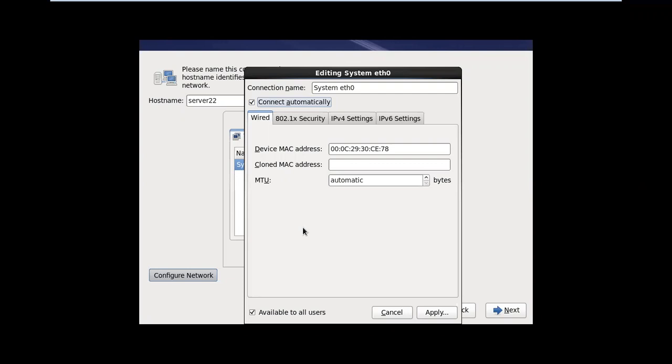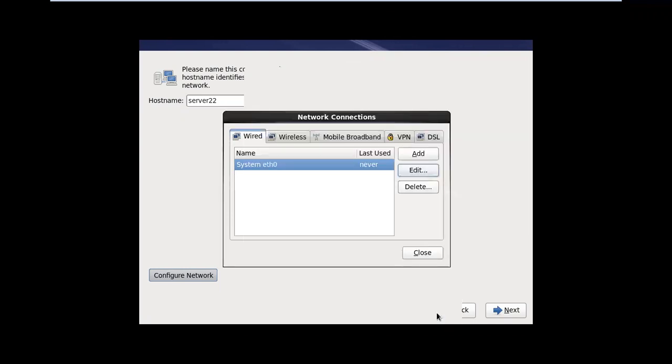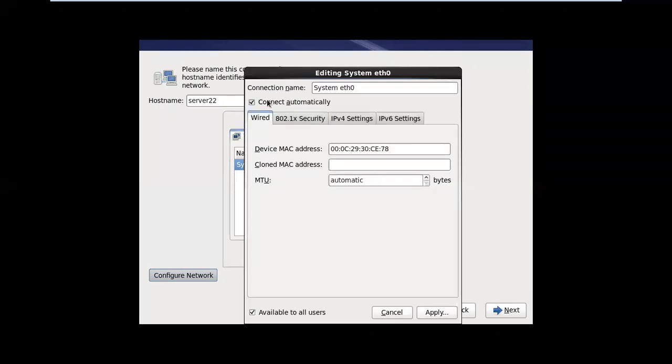In Linux also, by using a command, you can bring up your IP address. So if you want your IP address to come up automatically, select connect automatically. Click on apply. Sorry, click on edit. Check the box connect automatically.